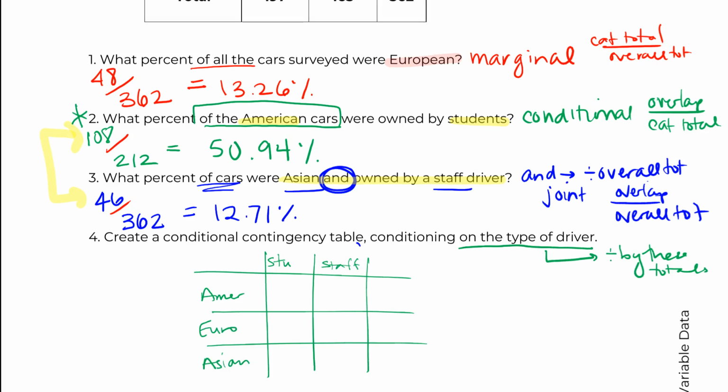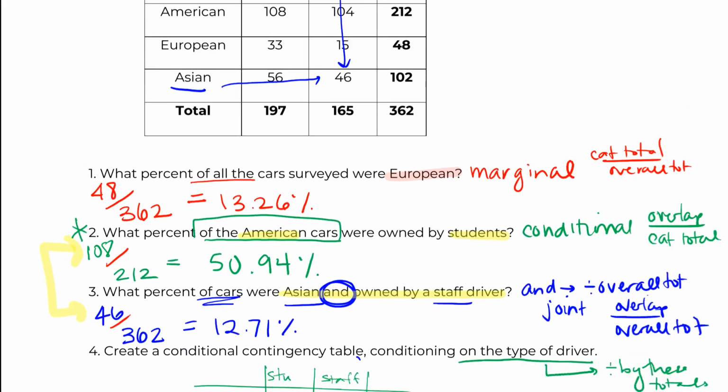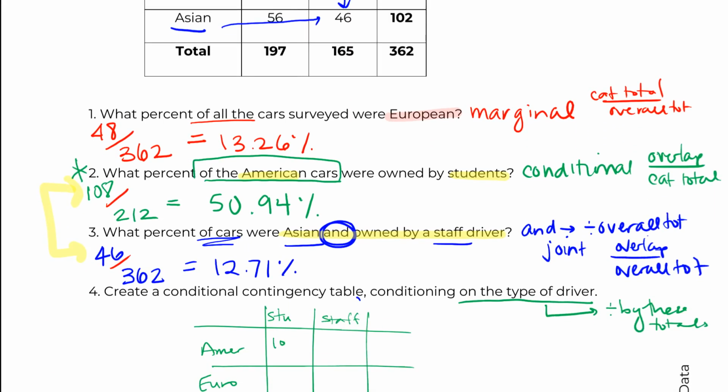All right, so what I'm saying here is that in that first category of students versus American cars, we could make, oh, I'm not going to have enough space. This is going to be rough, but it's okay. We could make a table where we just divide everything by 362, the overall number. That would just give us overall percents. That's a table. You'll see it sometimes, but it's not very useful in trying to compare the